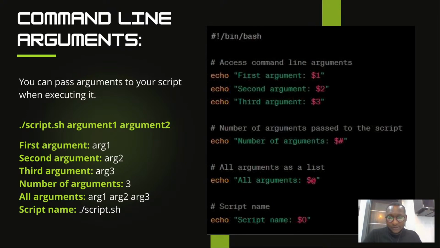What's next? So now this is command line arguments. You can pass arguments to your script when you are executing it. So you can create variables in your script, and then when you want to execute it,